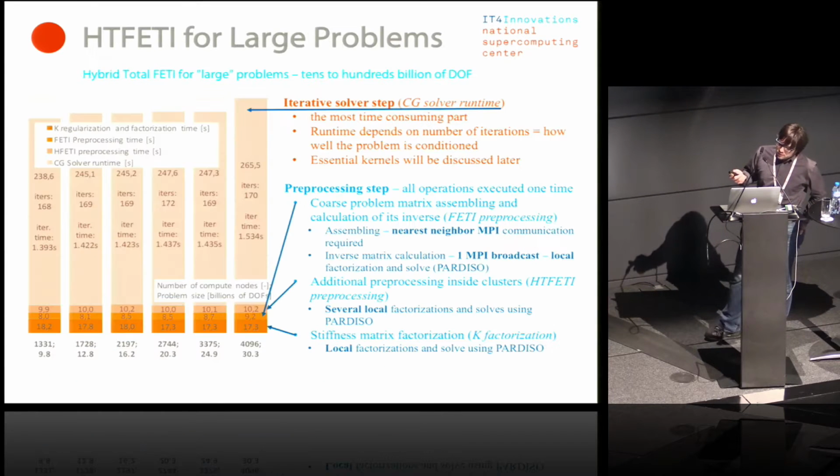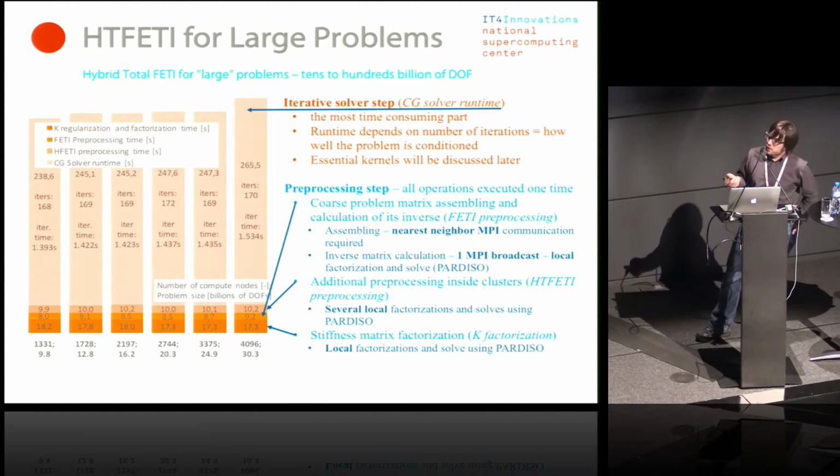So this is the first set of results we showed in the paper. I just want to use this figure. This is running on the EPCC Archer machine, and it's solving up to 30 billion unknowns on 4,000 nodes of the Archer. If I show results like this, I usually have the stiffness matrix factorization,